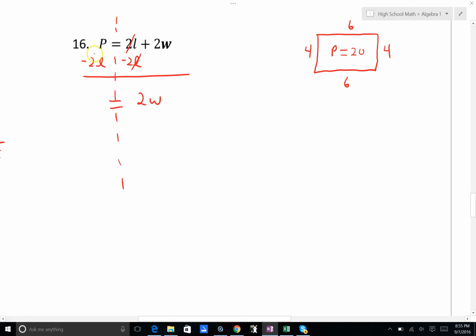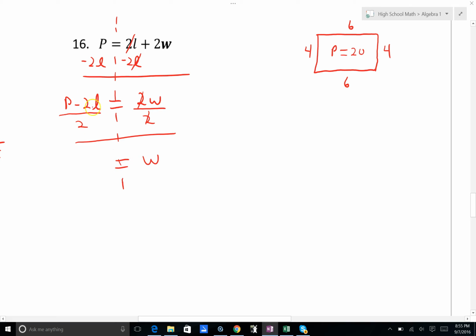These are unlike terms. I can't combine them. I will leave it as P minus 2L. Solving for W, I need to divide by this 2. Dividing by 2 on both sides, 2 divides 2 to leave me W